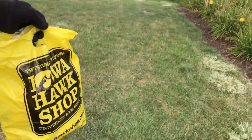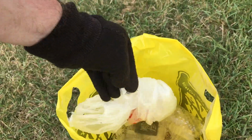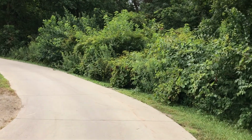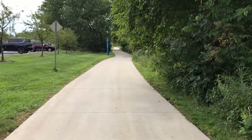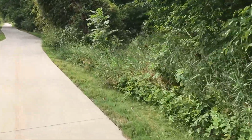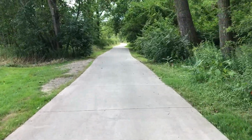So this is the bag of trash that I got, an old Hawk Shop bag. Some of this is recyclable, so I'm going to take that and have it recycled, but the rest of it I'll just dump in the trash. So after a quick cleanup, we have a much nicer trail here. You can see that debris is gone. The recyclable cans over here are gone, and all those big pieces of trash are out of here. And a little further down, where that tree limb had fallen, that's all been cleaned up except for a few